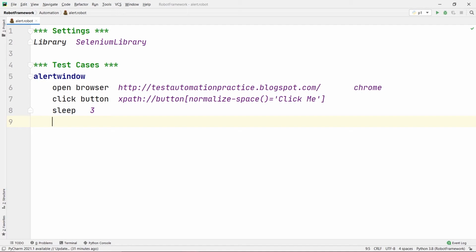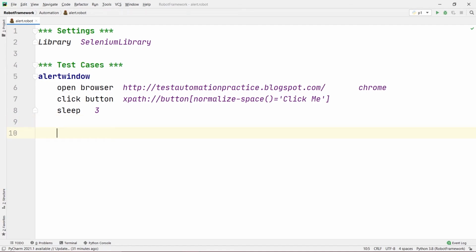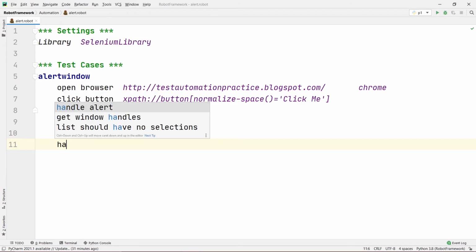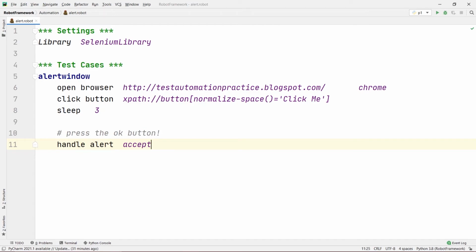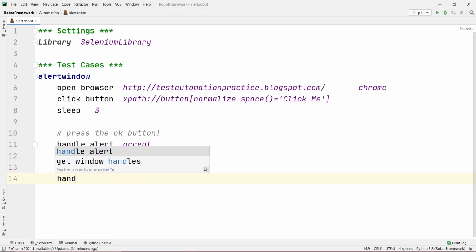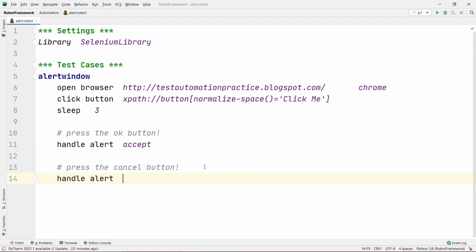So how many commands did we use? The first one was to press the OK button, and the command for that was handle alert and accept. And for pressing the cancel button, the command was handle alert and then dismiss.